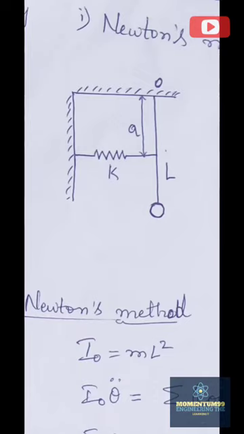We'll be moving on to the second problem of finding the natural frequency of a given torsional system or a simple pendulum. Looking at the diagram, we will be using two methods: one is the Newton method and the other is the energy method. Studying the diagram is very similar to the previous problem we solved in the previous video. Only the location of the mass is different with respect to the point of suspension O.